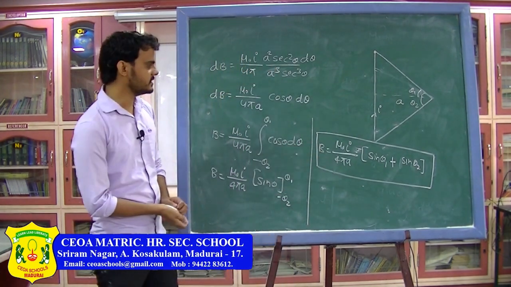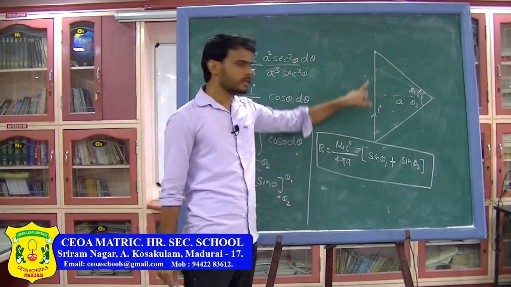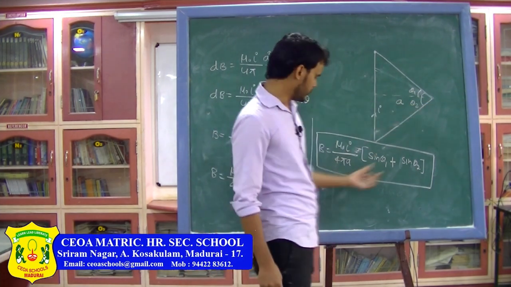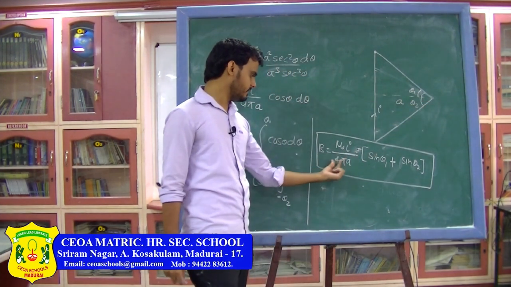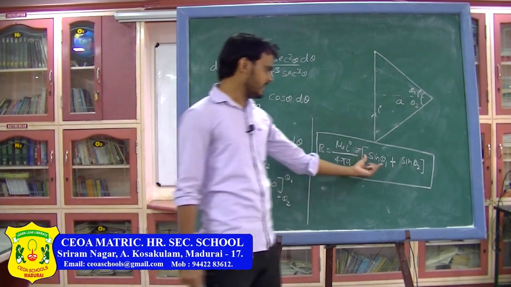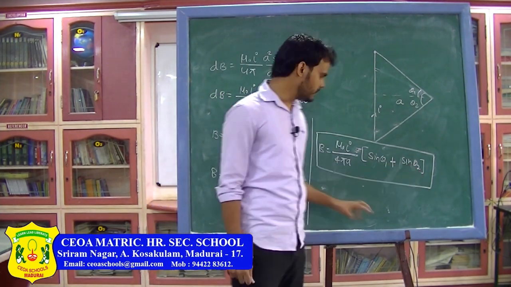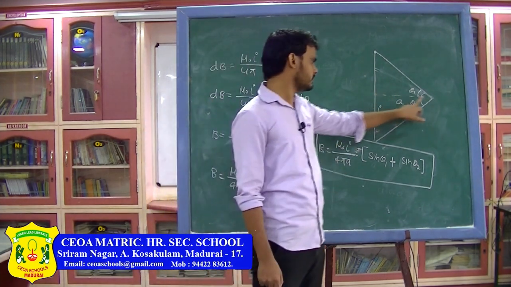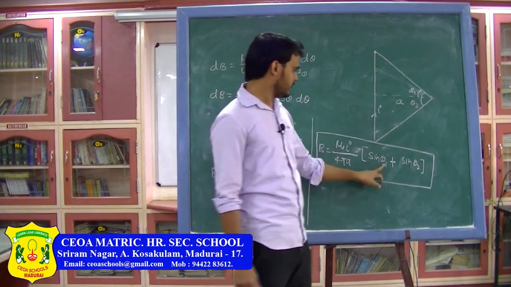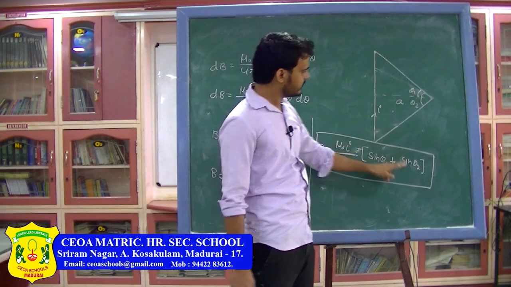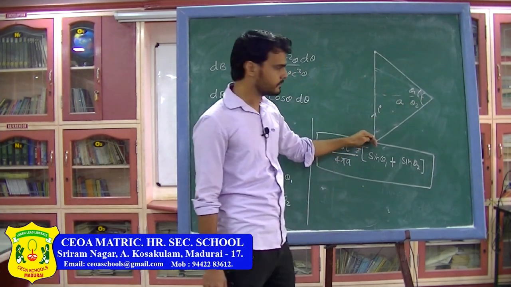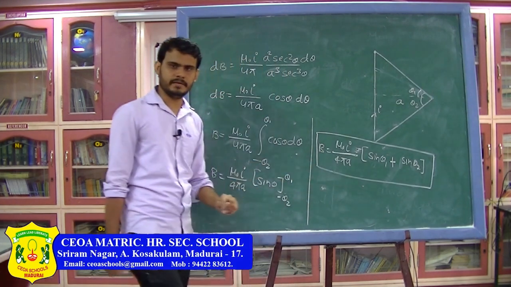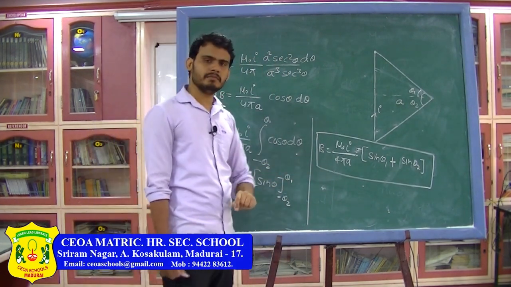So, this is the magnetic field due to a straight wire at a point which is at a distance a from the wire. The formula is mu naught I divided by 4 pi a, sin theta 1 plus sin theta 2. Here I is the current in the wire, a is the distance of the point from the wire, theta 1 is the upper limit of the angle, and theta 2 is the lower limit of the angle. So, this is the formula for the magnetic field due to a straight wire. Now, we have just found out the magnitude.